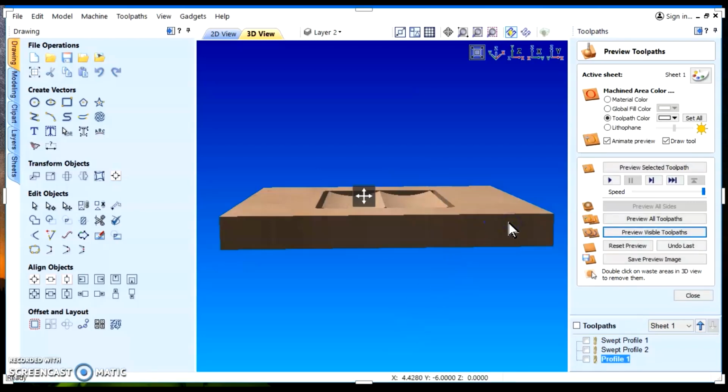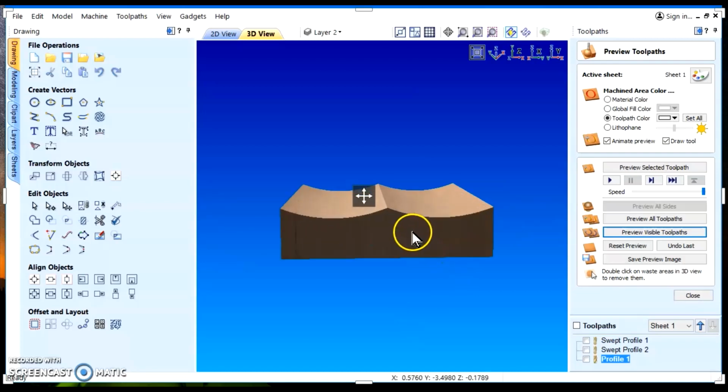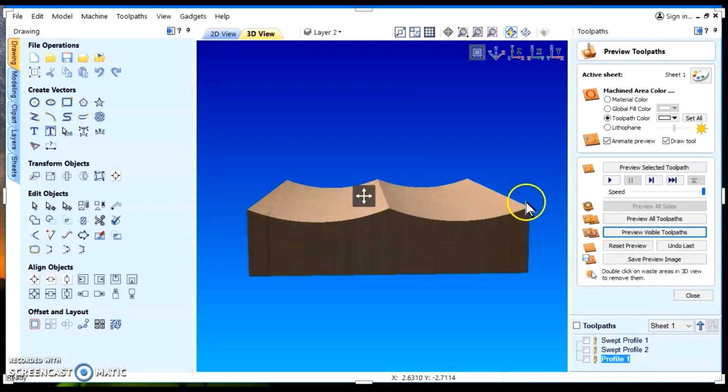Now we double click on the excess material. There you have a double curvature that was made with the molding toolpath, and all we changed was the profile